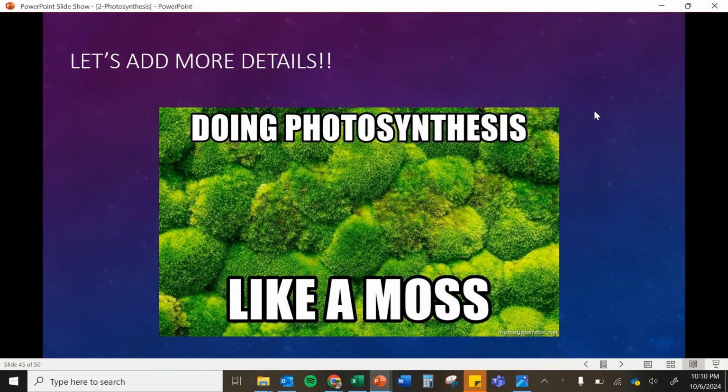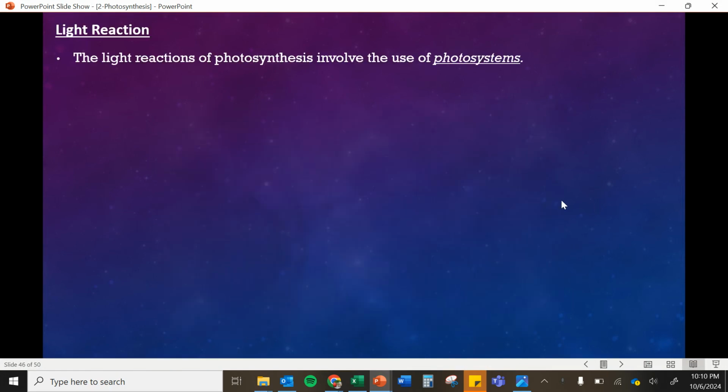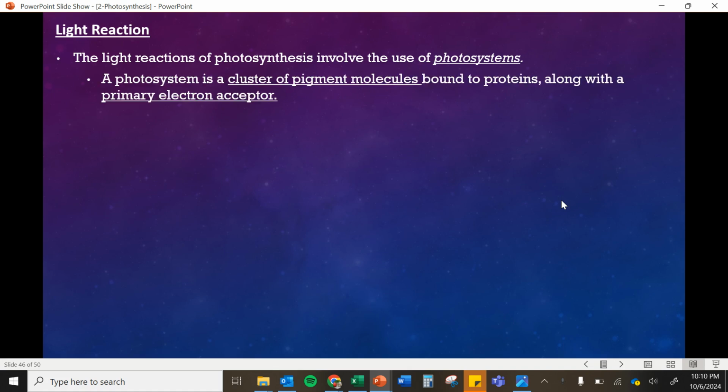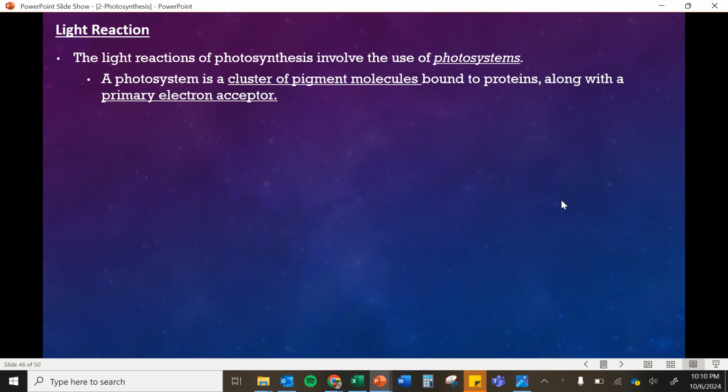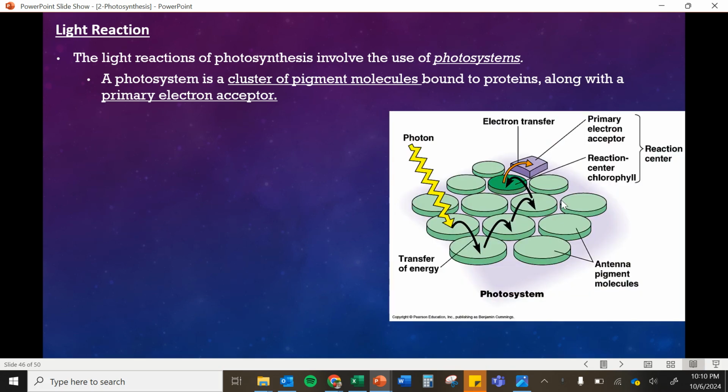So we're now going to go through more detail about light-dependent reactions. The big thing that happens in the light-dependent reactions is we are using photosystems. These are clusters of pigment molecules, and they're bound to proteins along with a primary electron acceptor. The big thing here is that that's where the chlorophyll is located. These are just clusters of pigment molecules, which is the chlorophyll, and that is what